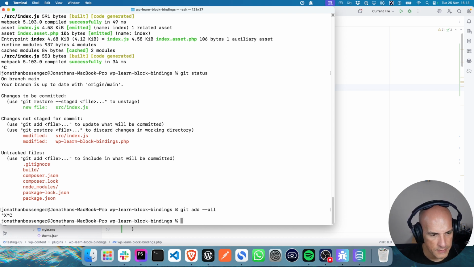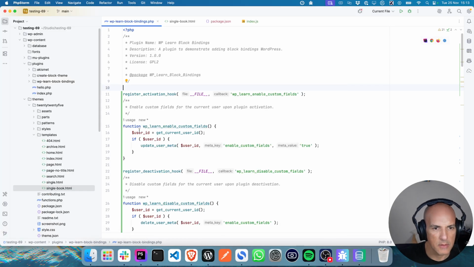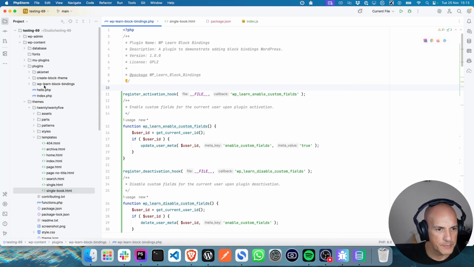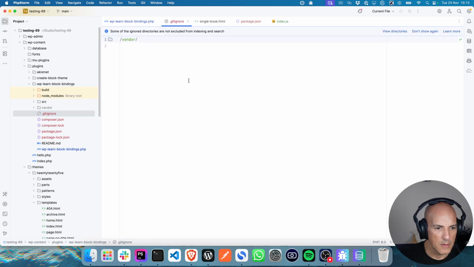Alright, what am I doing? Okay, I need to update my git ignore now. Vendors there. Node modules needs to be there. That's fine.